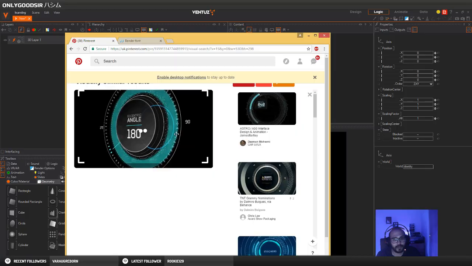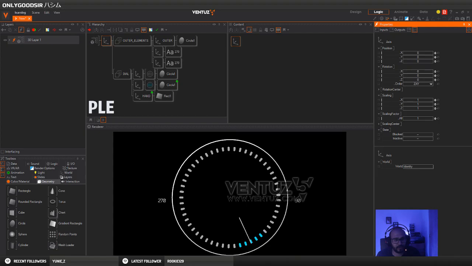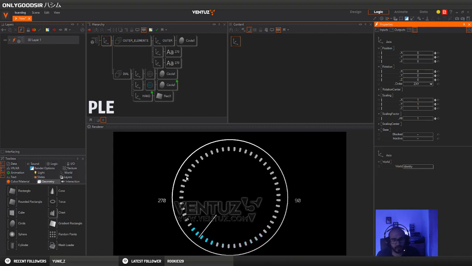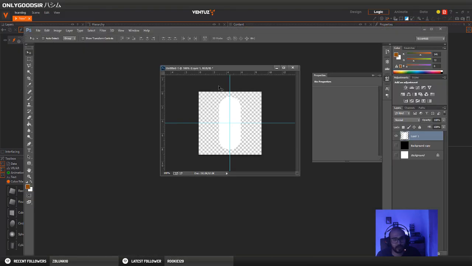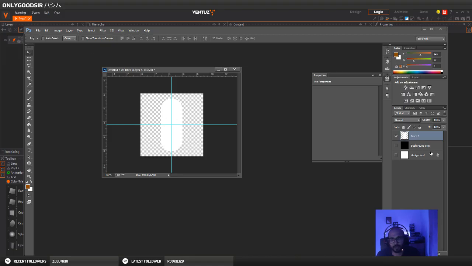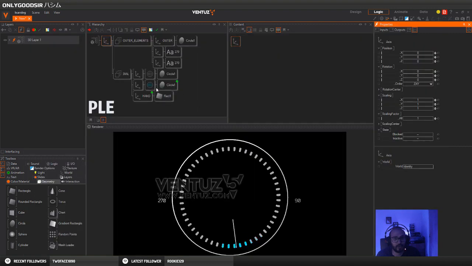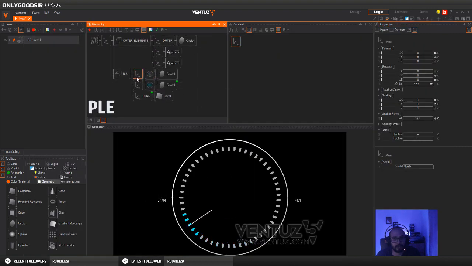Next we've got this again. So we've got these dashes, like little dashed lines. That's really easy to do. Again, we can do it the same way. We can just do a texture. I'm going to use this, and I'll reuse this texture in the scene. So what I can do is take this dial here,